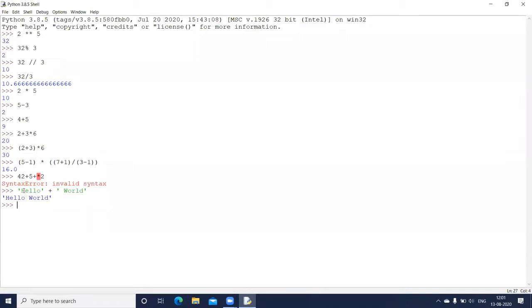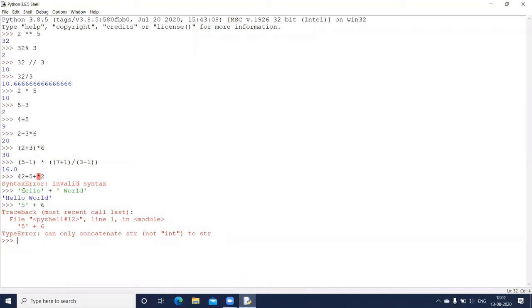What if I use one string and one numerical value? Let us see that. If I use, say, 5 in single quote, remember any character, if I put it in single quotes, even though 5 is a numeric value, because I've enclosed it in single quotes, it becomes a string. And then I put a plus sign, and instead of a string, now I give 6 here. What do you feel the output will be? Whether it will give me an error or it will perform some concatenation. Let us see. Immediately you get an error. What does it say? Can only concatenate str and not integer.